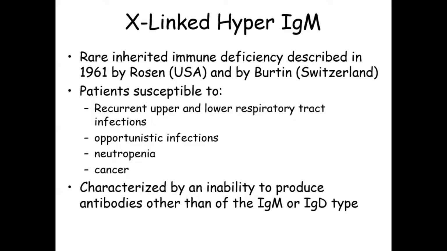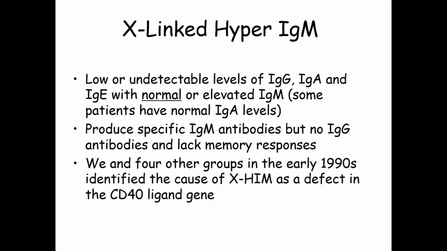And the disease is characterized by an inability to make any antibody other than IgM or IgD. IgD tends to stay on the cell surface, so there's not much in the blood. And the name hyper is probably a little bit wrong because many patients have normal IgM levels, but clearly have very low or undetectable IgG, definitely IgE, and many patients IgA. There are some patients who have IgA levels, sometimes even in the normal range, and we're still not sure